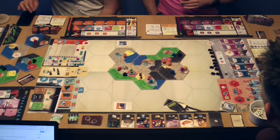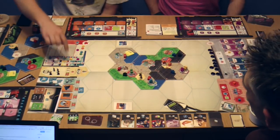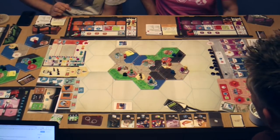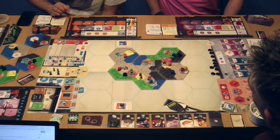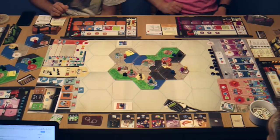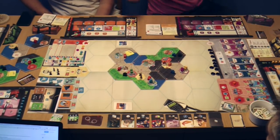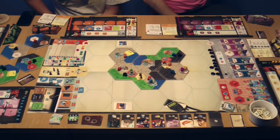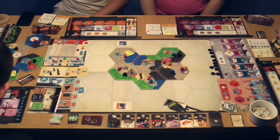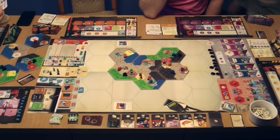Can we then remind ourselves what they do? The 3 different executive actions are there. So reduce notoriety, move 2 spaces from a helipad, or avoid 1 police colour, all of them on one tile. Oh, fantastic. Right, so that's me done. Now you? Yep. I think I'll go to...